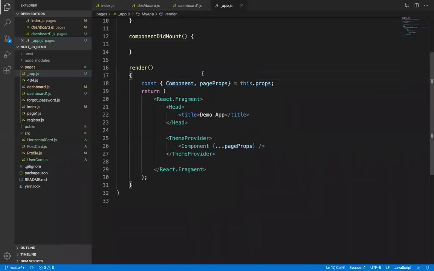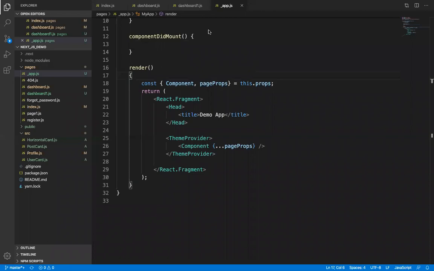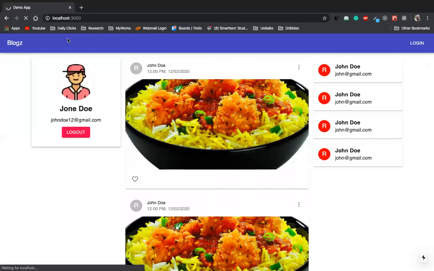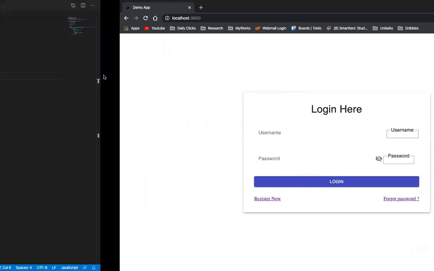So now see, this is absolutely fine. There is our demo of title, and title will be available in every page. See, this is a master page. So every time when the user